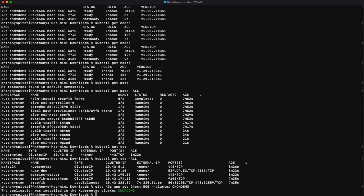Okay, so it's been installed there. So now it's doing it all for you, right? So very simple. They've simplified the operations of Kubernetes. From a tinkering perspective, it's good because you can actually get to the meat and potatoes a bit quicker. If we go now and check the pods with the namespace of Ghost,